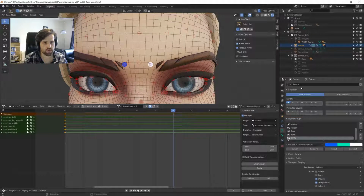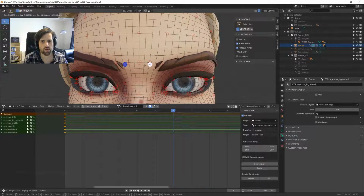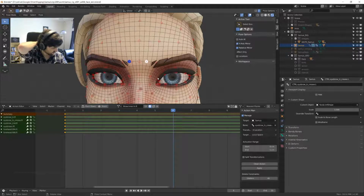Oh, it won't mirror because I name things using the control at the end, and I want that to be at the beginning. I need a dot here. Okay, now it mirrors the animation. I don't really like that because now that means that